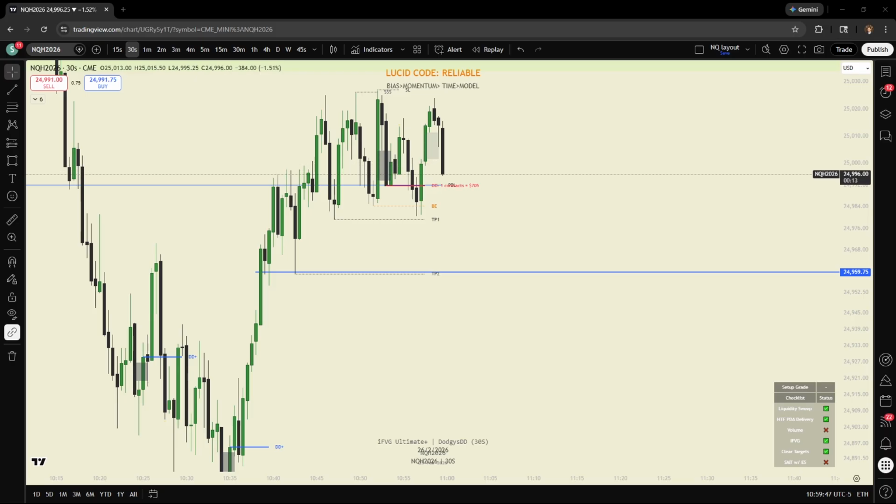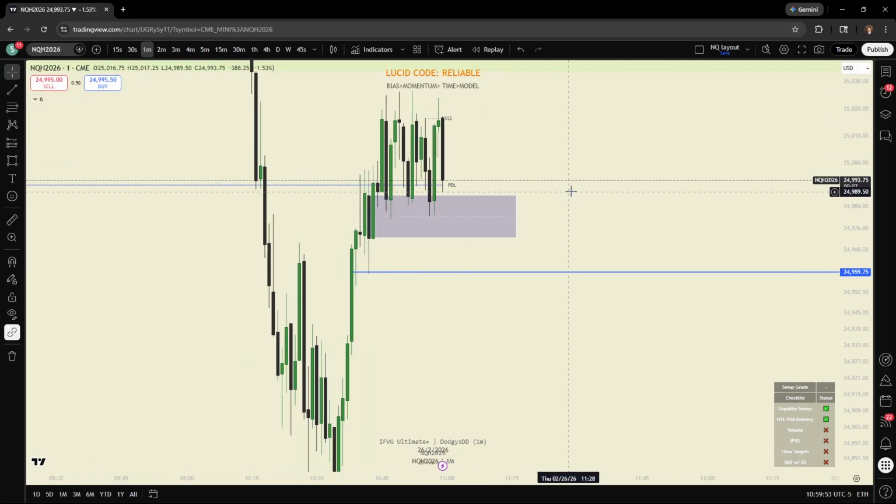Alrighty, here comes 11. See if we're still going to respect that 1 minute order block or if we're finally going to break through it. I am going to have to wrap up here shortly. I've got to go run a few errands. I'll probably wrap up after the macro ends, but yeah, for sure.